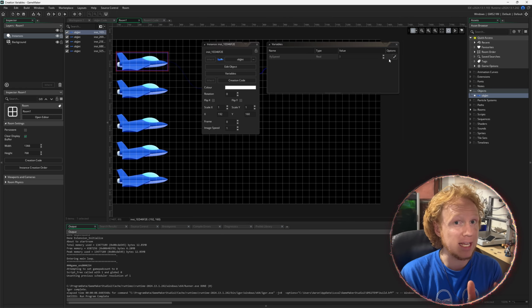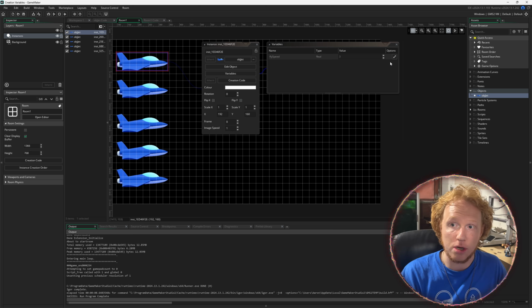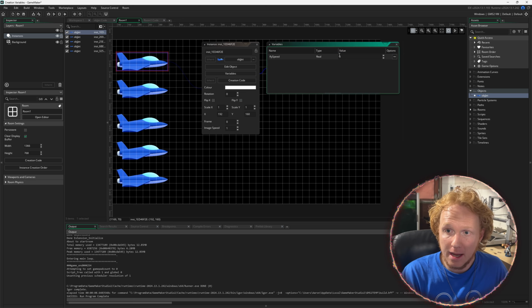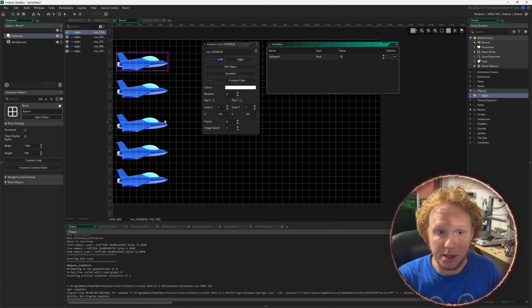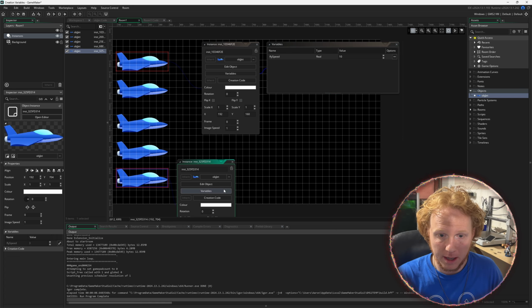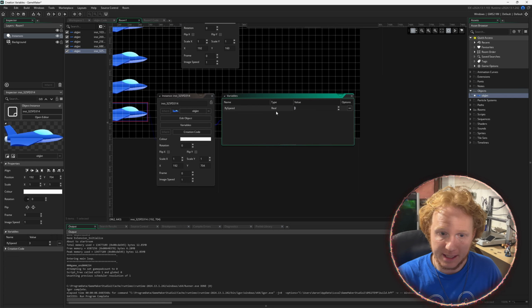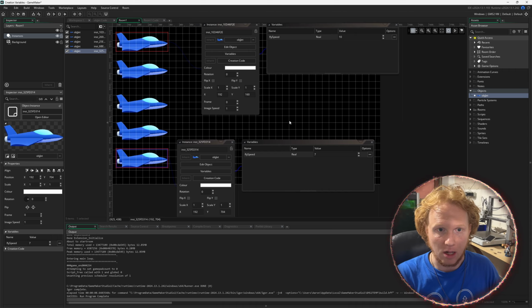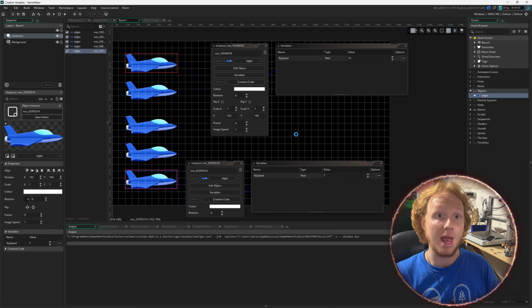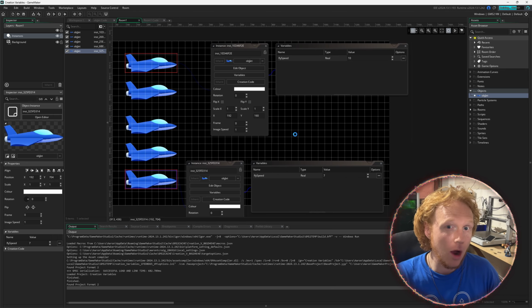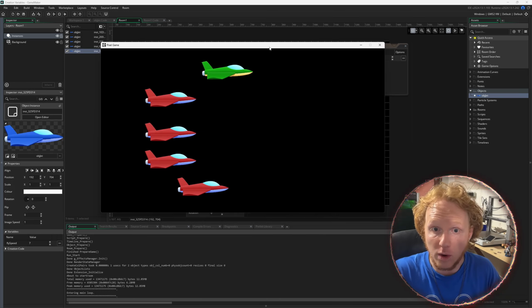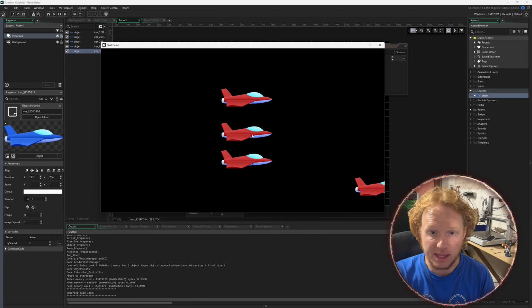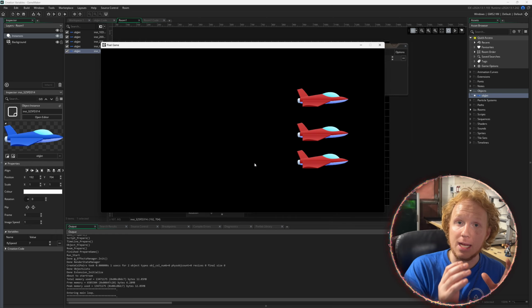And this is a nice visual representation of a variable. If I click edit, I can put this value to anything I want. So if I change this one to 10, I come down to the bottom one, and I'll edit this, and I'll change this one to 7, and I'll leave the rest the same, and I run this again. Now you can imagine pretty quick that the top and the bottom ones are going to fly differently than the other ones, because we have taken the speed,